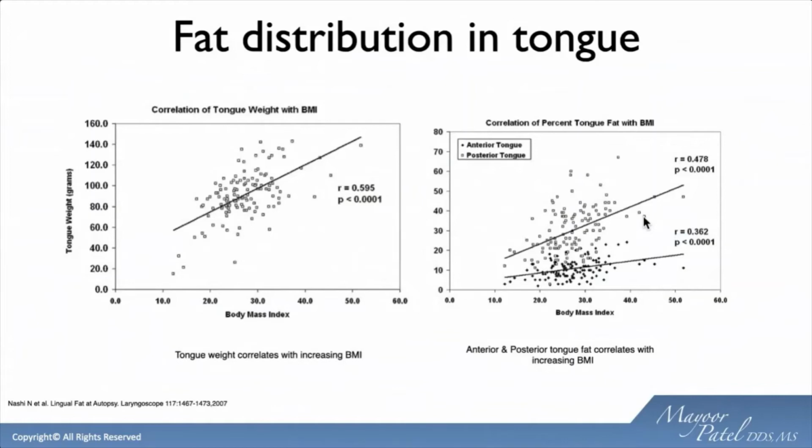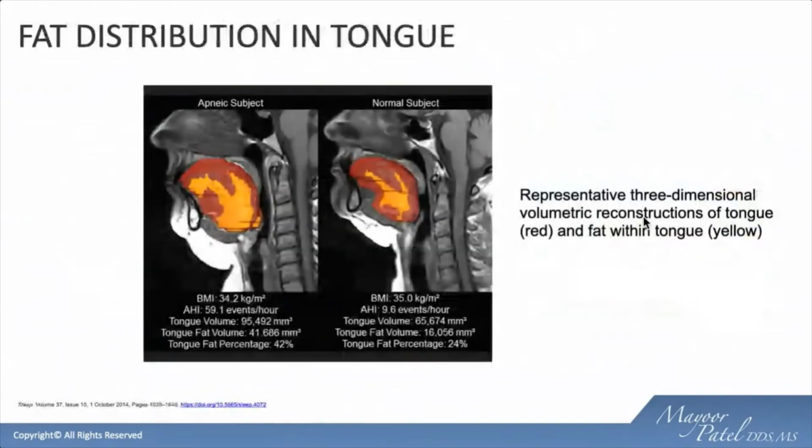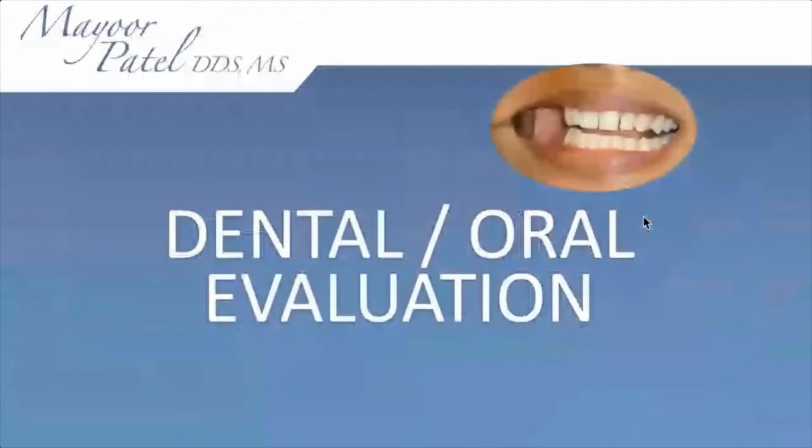And this has some value because if that's the case, the posterior aspect of your tongue is the anterior wall of your airway. Therefore, if you have excessive fat in the back of your tongue, it's going to choke or pinch down your airway. So, BMI is important, but also understand that BMI can affect the tongue itself. There have been some other recent studies looking at this from an MRI perspective, pointing the same direction: in control subjects, we don't see as much fat in the lower aspect of the retroglossal area, as opposed to apneics, where there's quite a bit of fat associated with the tongue. So it's something to keep in the back of your mind when it comes to the tongue itself.